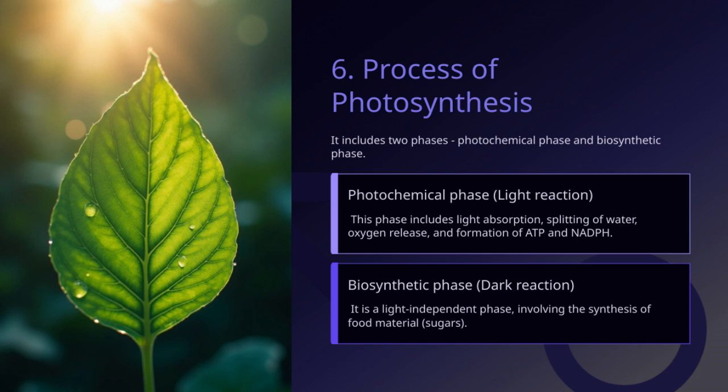During this phase, the plant uses the energy stored in ATP and NADPH. These are energy carriers produced earlier in the light reactions to convert carbon dioxide into glucose and other sugars. This process is crucial because it allows the plant to store energy in a form that can be used later